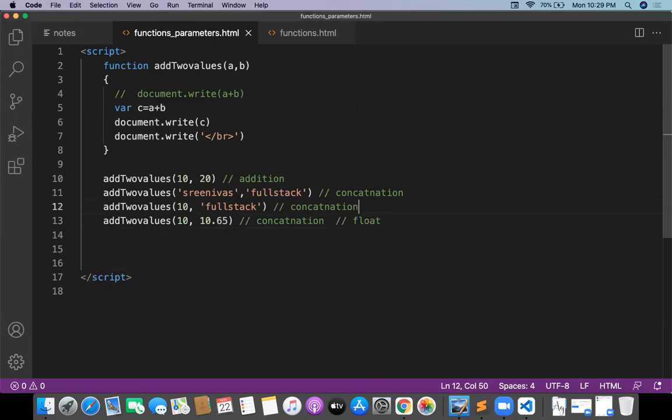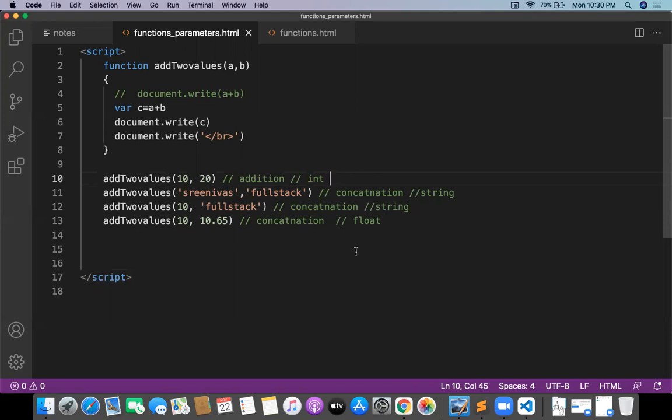This time it is a string precision, and this time again a string. And here it will be an integer. Why? Because int and int gives integer. Int and float gives float, int and string gives string, string and string gives string. Try to understand.